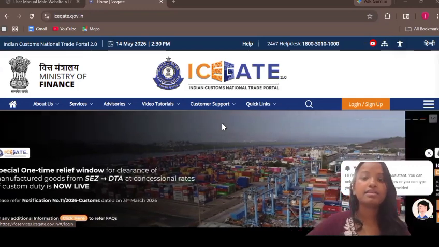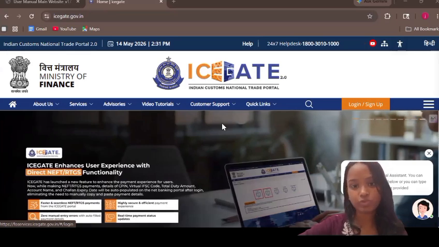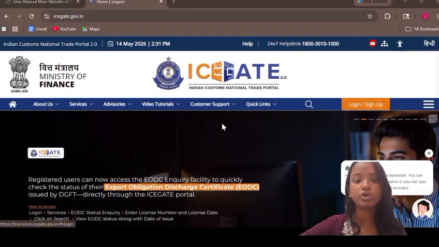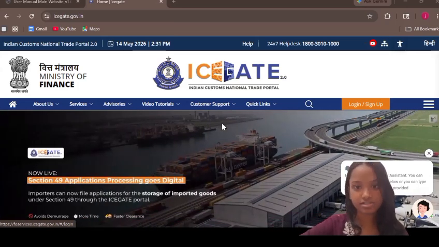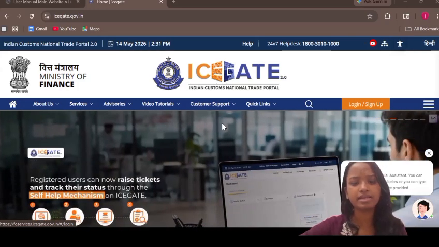ICEGATE is an essential account that any organization or individual entity engaged in international trading businesses, export or import businesses, is mandatorily required to have in order to interact with the customs department. You are required to file various sorts of documents and do a lot of filings, and if you need to avail other benefits as well, you need to have the ICEGATE